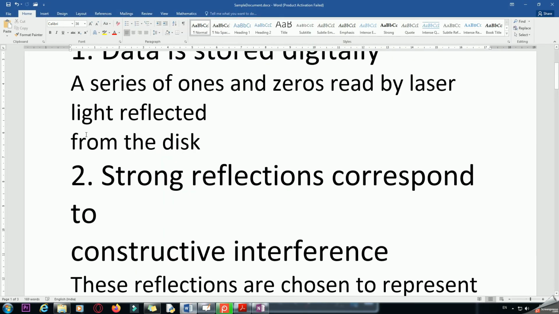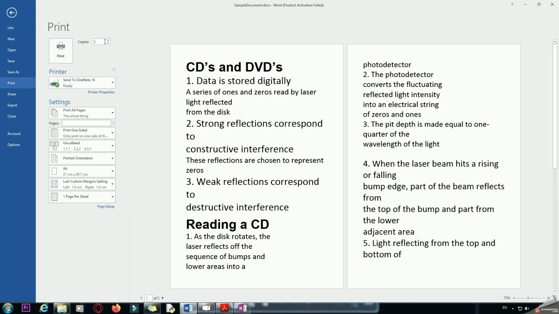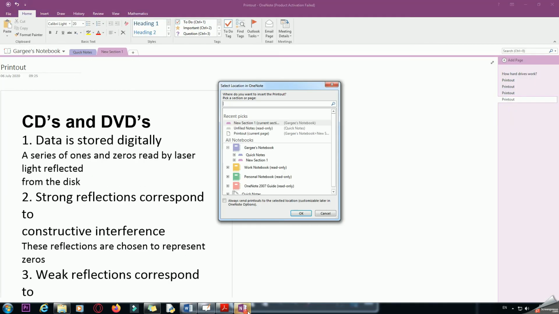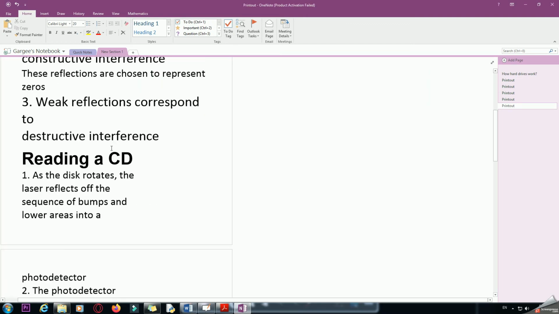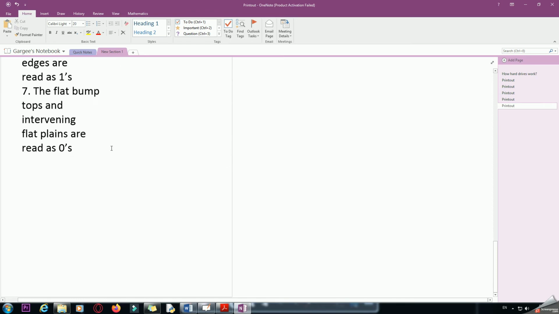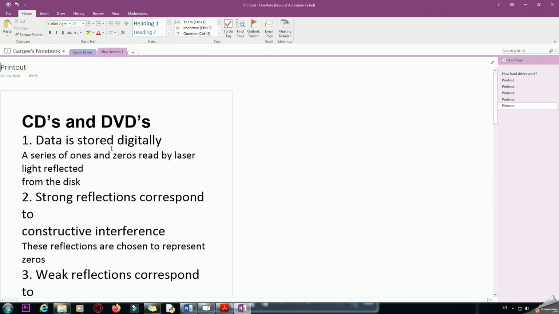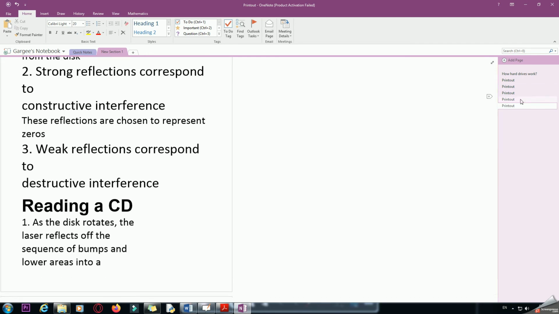Because there was only one copy, I again select the option print. There are 2 copies over here. So it is giving me 1 copy only.